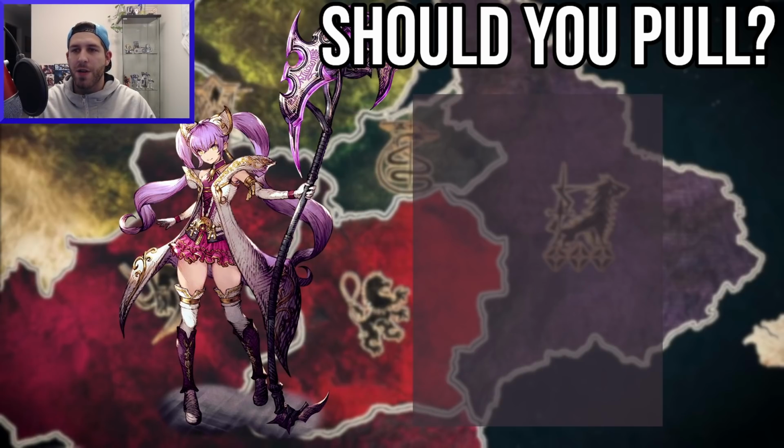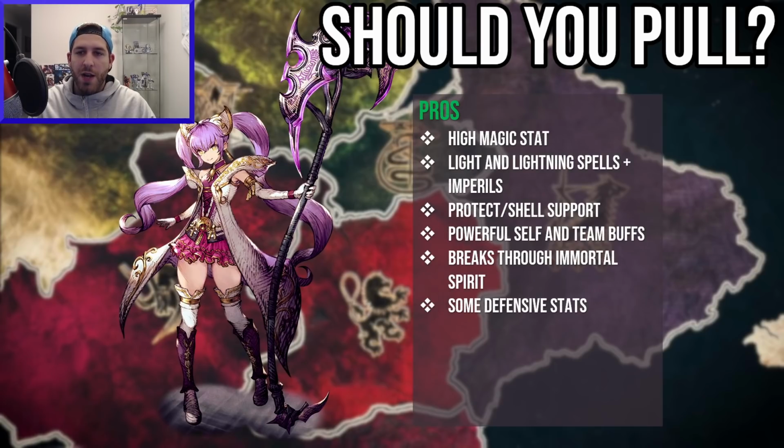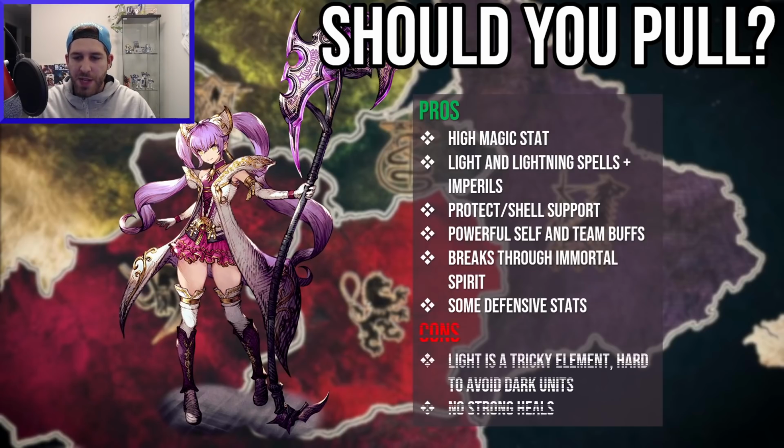Now Sakura, she's hard to say anything bad about. I think she's just incredible. So pros, super high magic stat. She gets light and lightning spells, 2 different elements, plus the imperils. She gets protect and shell support, all the self buffs, the breaks through immortal spirit, defensive stats, and then